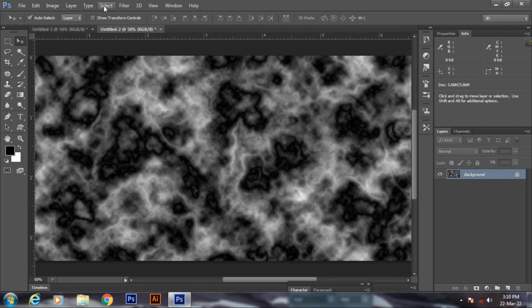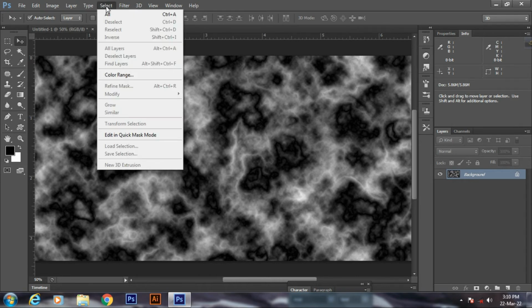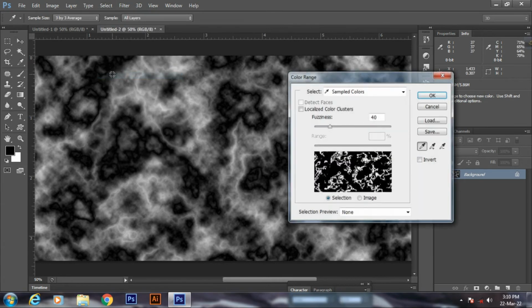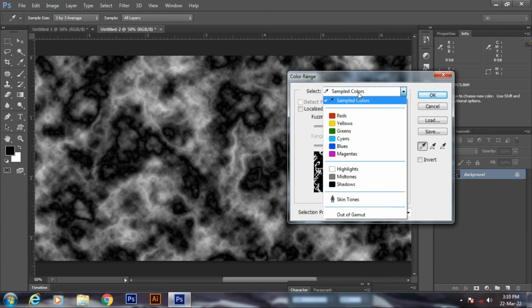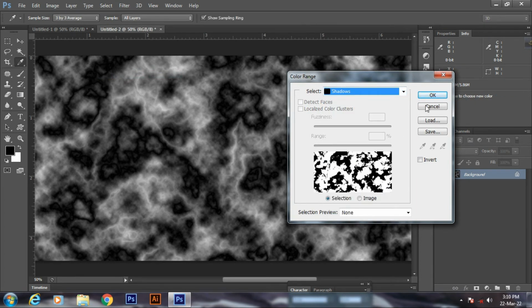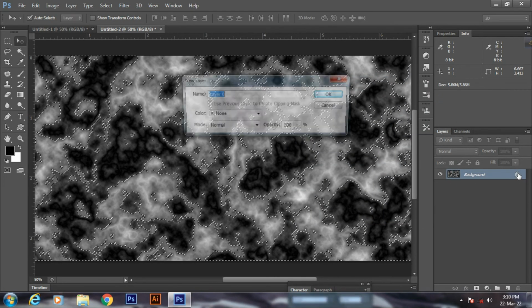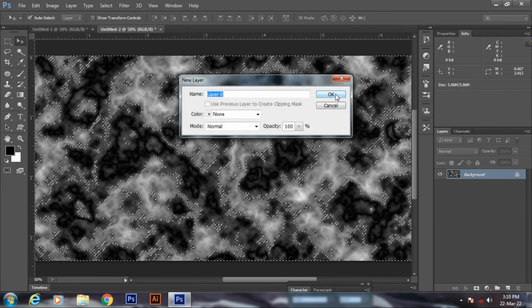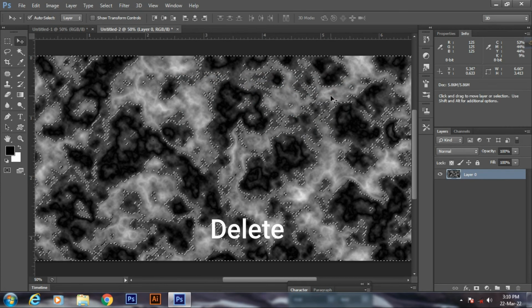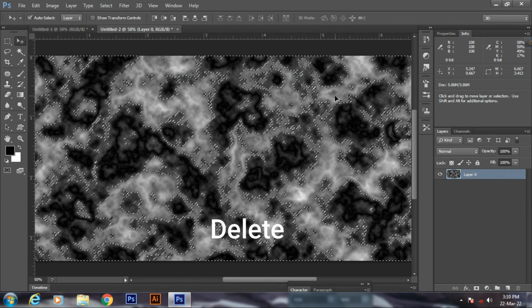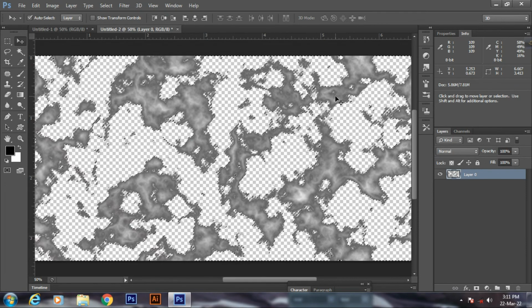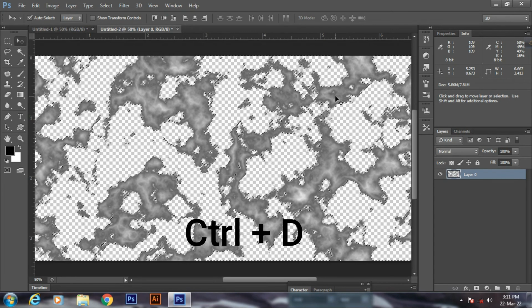Select, then color range. Click on the shadows and now OK. Double click on the background and now OK. Command delete. Then Control plus D